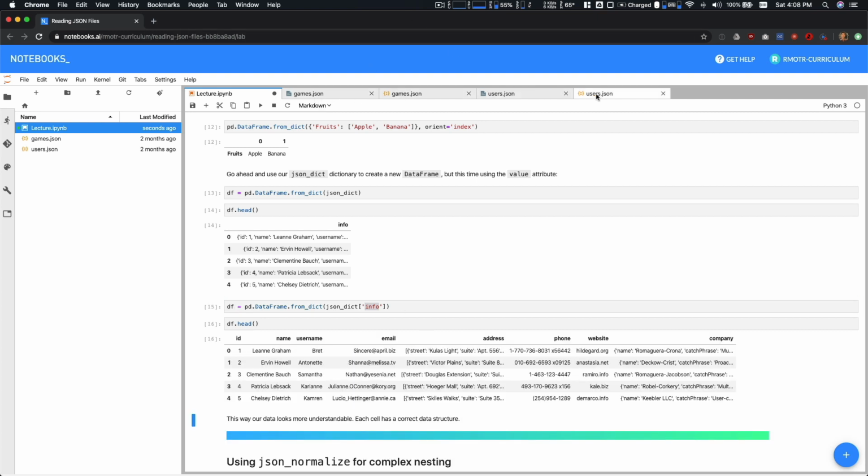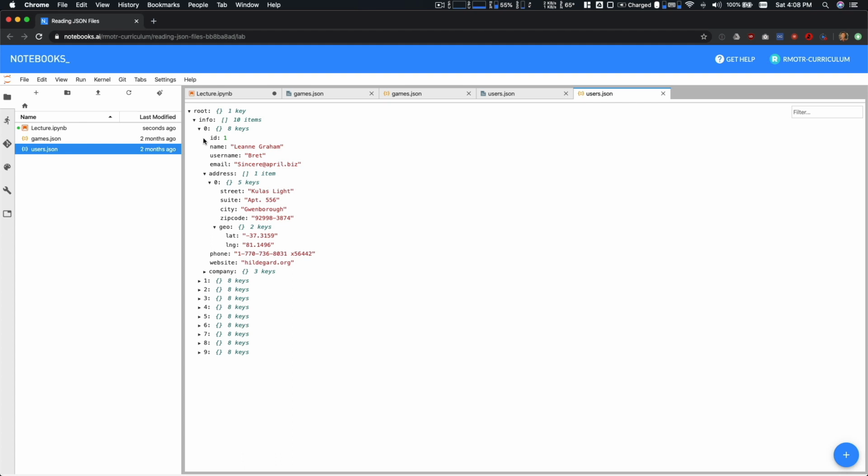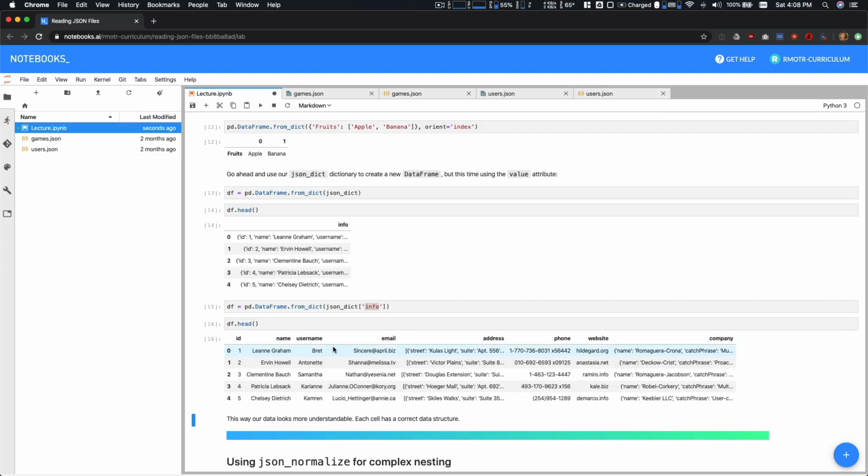So if I show you again the tree visualizer, we can see a user contains ID, name, username, email, address, etc. And we have everything almost perfectly, except that address and company are still nested within each one of those columns. So there'll be ways for you to extract those nested structures using some pandas methods and some string manipulation methods, but there are better ways